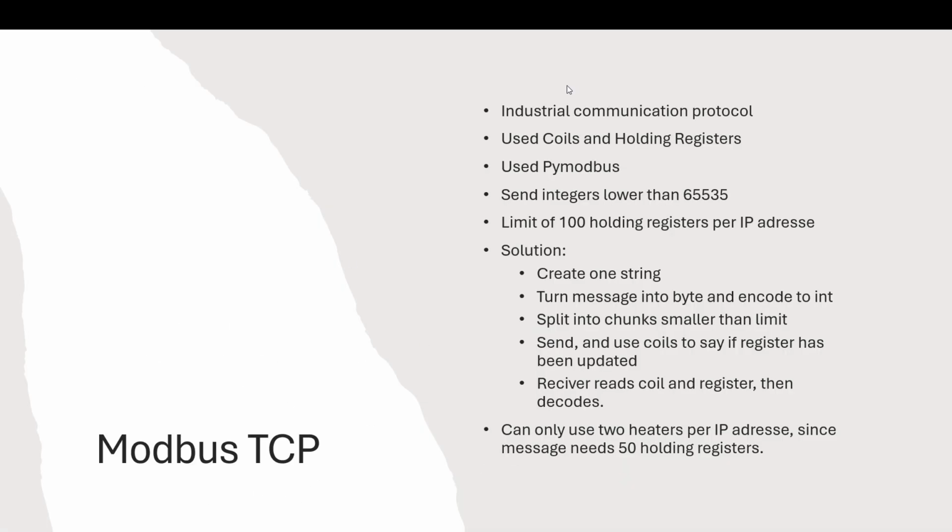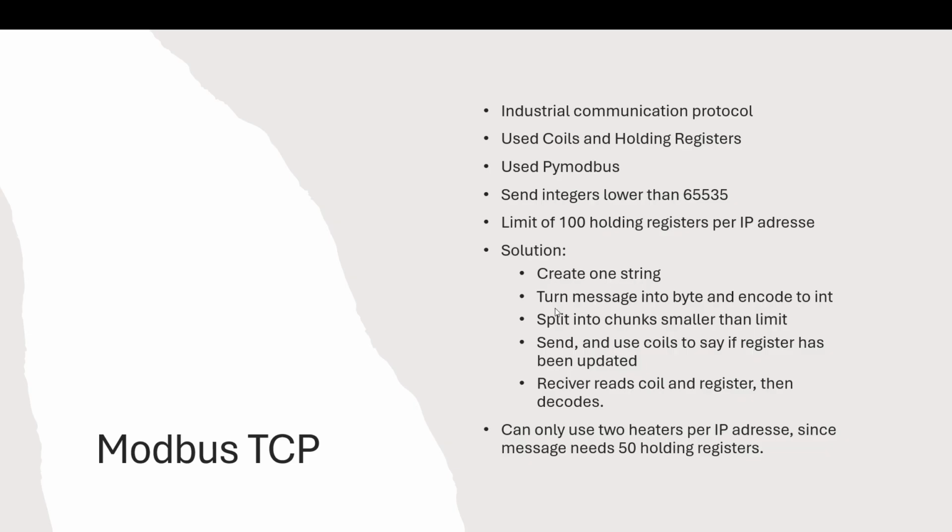Modbus TCP is an industrial communication protocol which uses coils and holding registers. PyModbus was chosen as this was created in Python, and the server that was used is an example server from PyModbus, which is an async server. This communication protocol has the limits that it only sends integers and has a max cap of the size of 65,535, and it has only 100 holding registers, which means that when sending dates and time and also floating point values, this needs to be